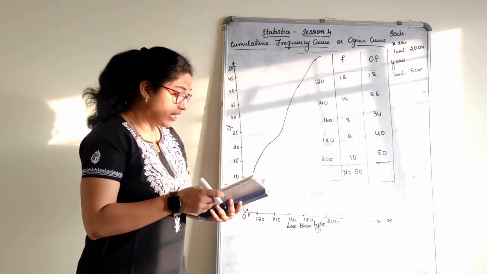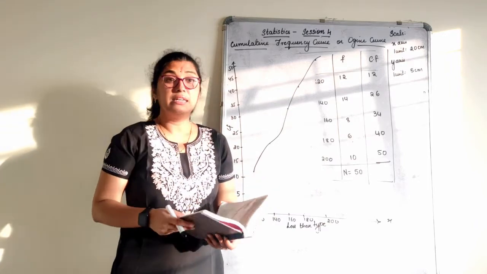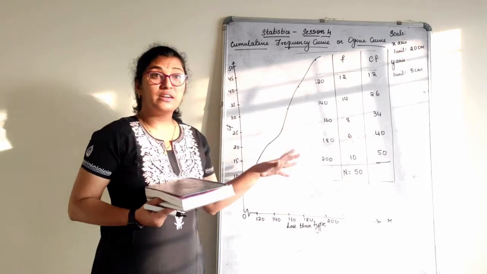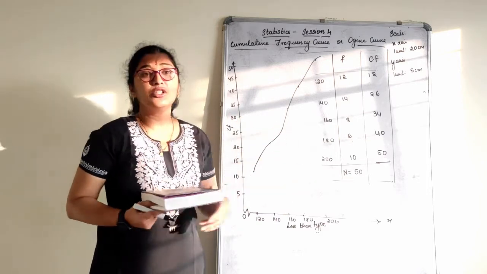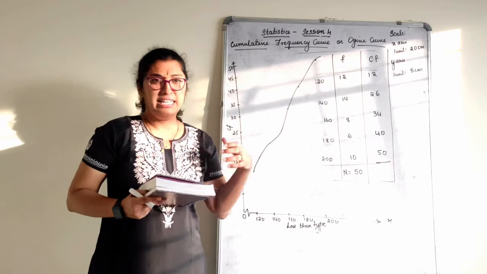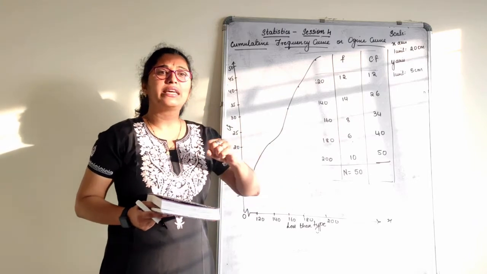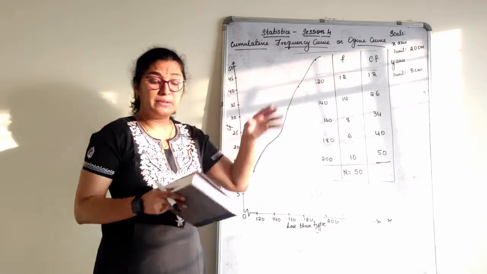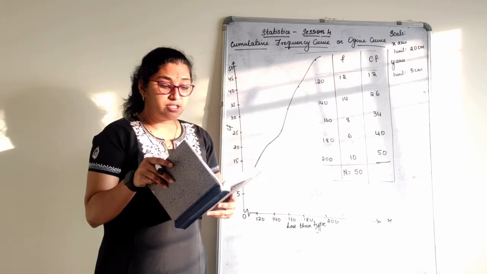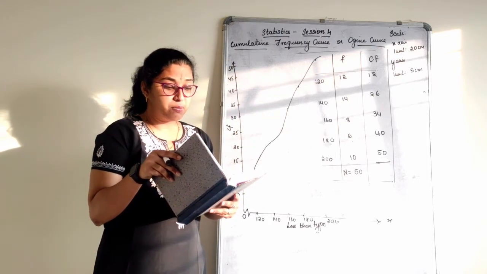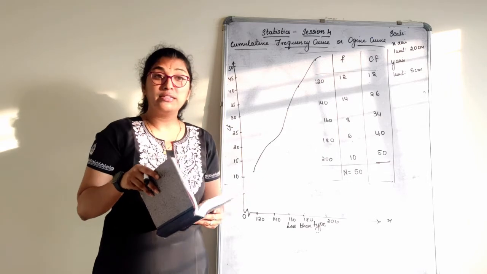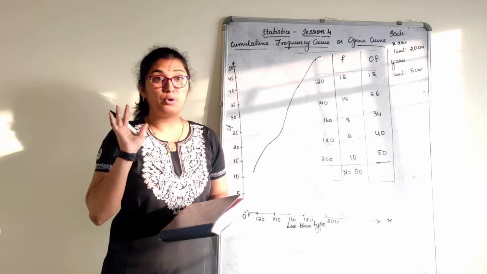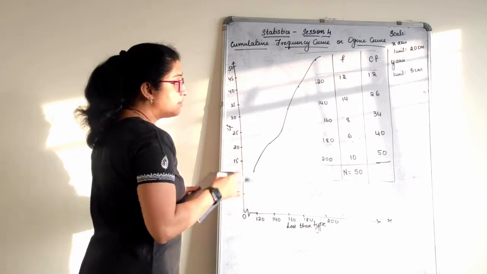Now they have not asked you anything, but in the same question usually when an ogive curve is given, they ask you to calculate the median. I'll just explain and we will do the calculation of median in all the sums. So you can also give the heading. Convert the distribution above to a less than 5 cumulative frequency distribution and draw its ogive. Also calculate the median. Just add 1 point there. Now how to calculate the median?